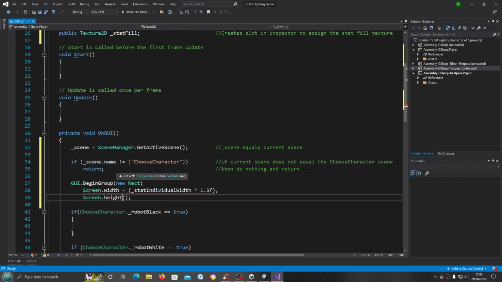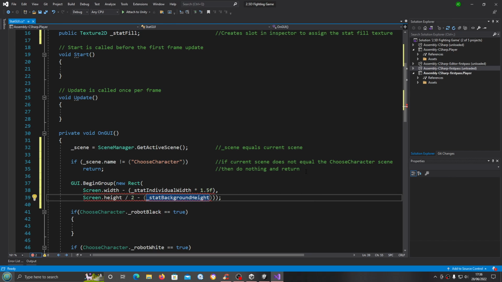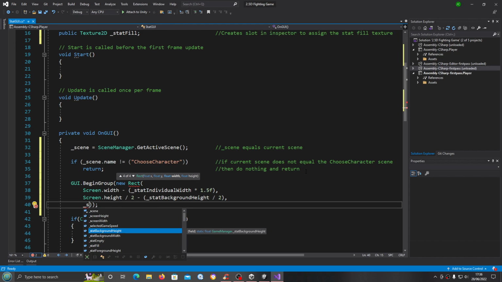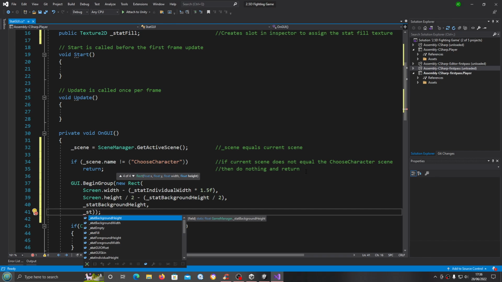Now we need screen.height divided by 2 minus again in brackets, and we'll use the stat background height divided by 2 again. After the first close bracket we'll comma, we'll enter, and this can be by the stat background width, comma, enter, and the stat background height,